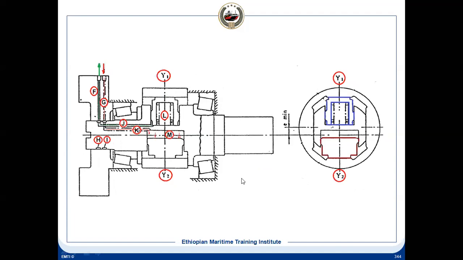Now when you select a switch, it is the spool of the selector switch. When you change the knob, the flow direction will change, that is a direction control valve, and it will reverse the direction. And now the larger piston is getting the high pressure oil, and the smaller piston is getting drained to the reservoir. So what will happen? This will move downward in Y2 direction. Previously it was moving in Y1 direction. Now the speed will be increased because the displacement will increase. So that is the way it functions.